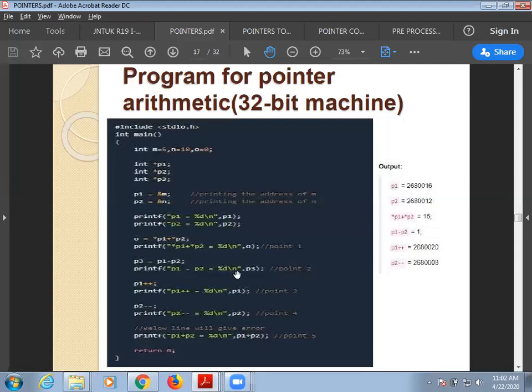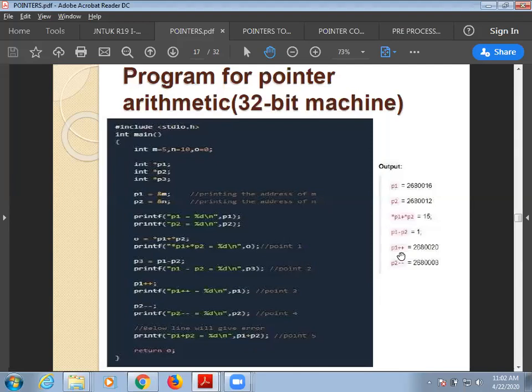So these 3 or 4 things you can perform on pointer arithmetic. You can add 2 pointer values by using indirection. Remember, these are values. That is, I'm adding 5 and 10 indirectly. You can perform the subtraction p1 minus p2 directly to get the number of integral elements, or any number of elements, present between 2 pointers.